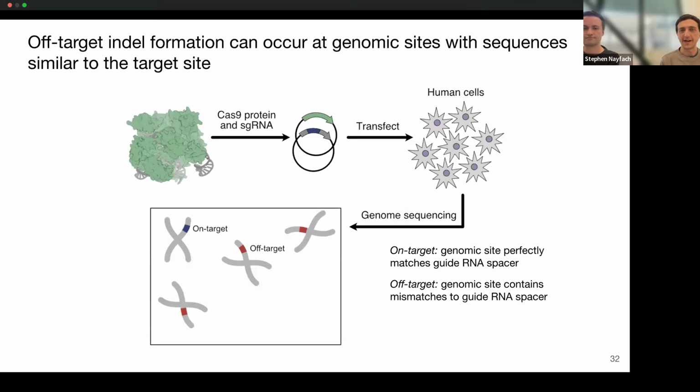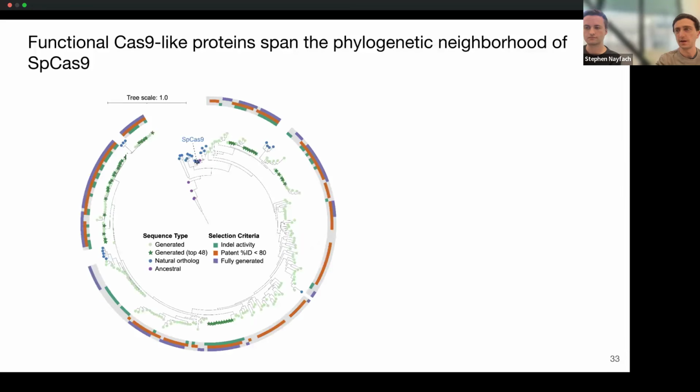Cool. So the next experiment that we wanted to do was to not only look at on-target sites, but also look at off-targets. One type of off-target site that we looked at were sites in the human genome where the sequence is very similar, but contains mismatches to the guide RNA that was used to guide the Cas9. I see. And so, I guess taking a step back, looking broadly at the sequences that we tested in